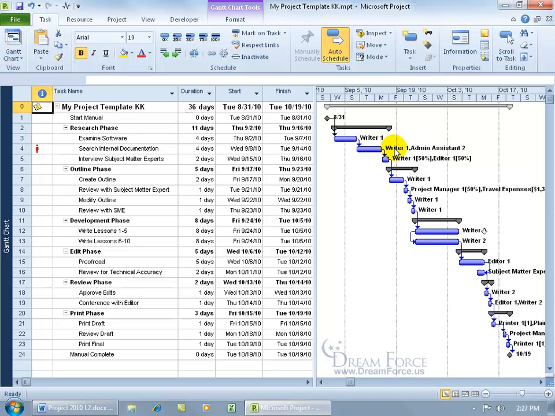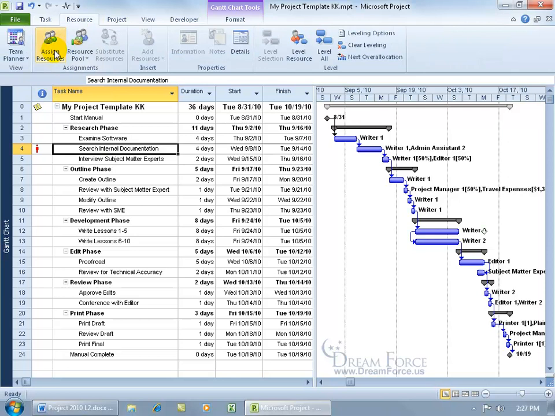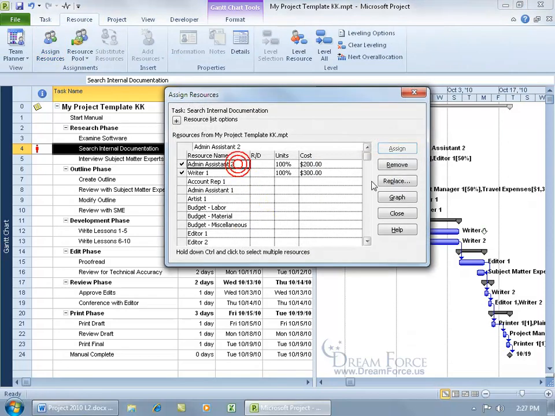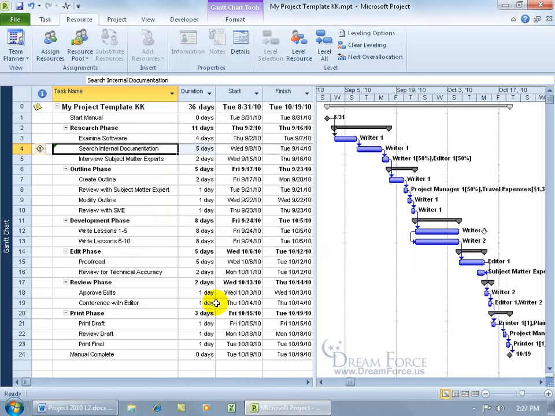So at the very least, when you save it as a template and you go ahead and create a copy of that template to create a new project, then you don't have to type in the tasks and also add the resources. In any case, if you need to make any changes, then make your changes, like come up here, go to the resource, click Assign Resources. We want to remove Admin Assistant, and then click off of it